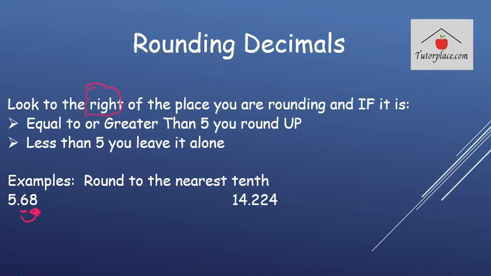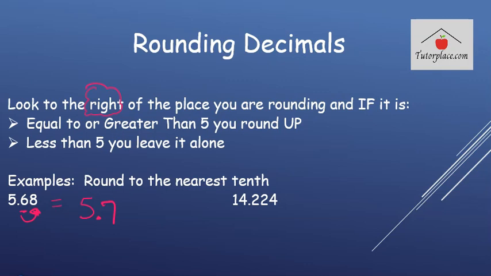That number in this problem is an 8. 8 is larger than 5, which means I round up. So this is going to turn into 5.7. The 6 rounds up to the 7. So again, you look to the right, which was an 8. It's higher than 5, so I round the 6 up to a 7. Let's look at the next problem,